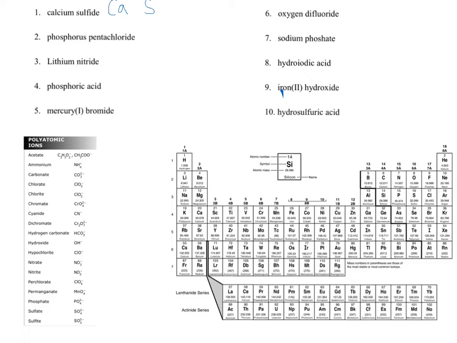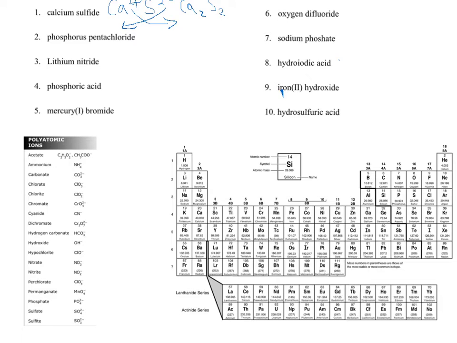So going back to our first example here, we have calcium sulfide, and our charge for calcium, since it's in group 2, is 2+. And our charge for sulfur, since it's in group 16, is -2. And so when we do metals and nonmetals together like this, we have a crisscross method, or switch the charge method. And so you end up with